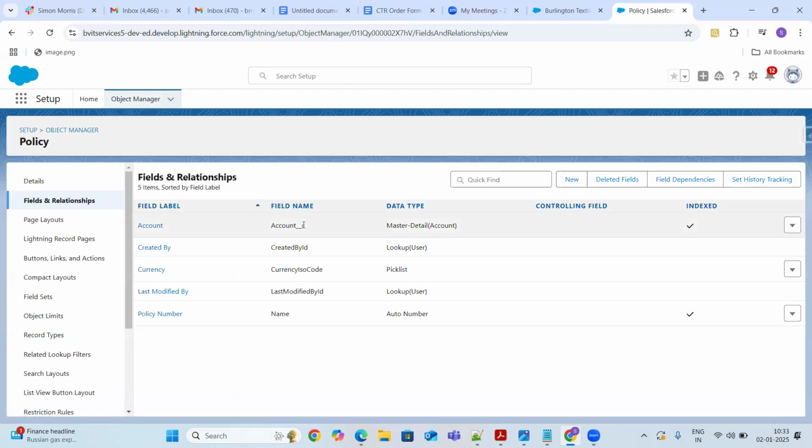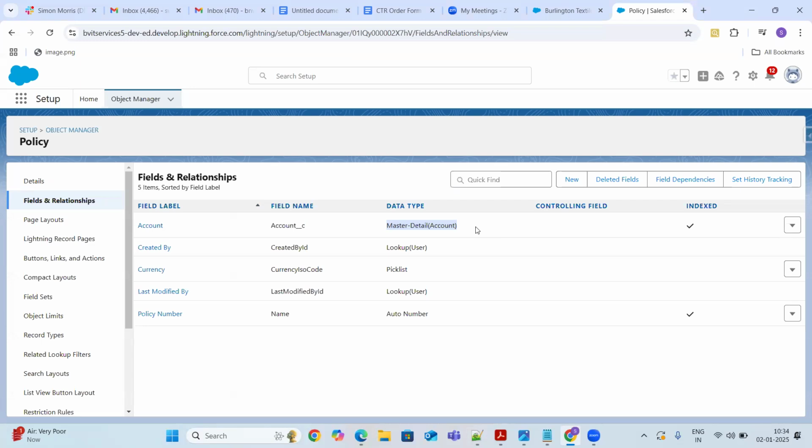I have a master detail relationship with the account. Whenever I create the master detail relationship with the account, it becomes one to many. That means one account record can contain multiple policies. But now I want to establish a many to many relationship between account and policy plans, right?